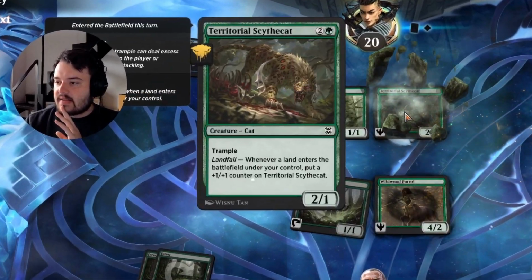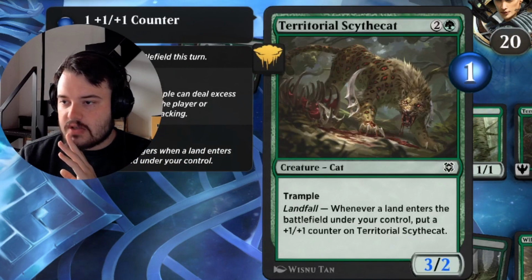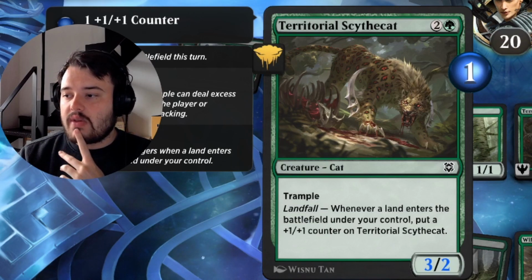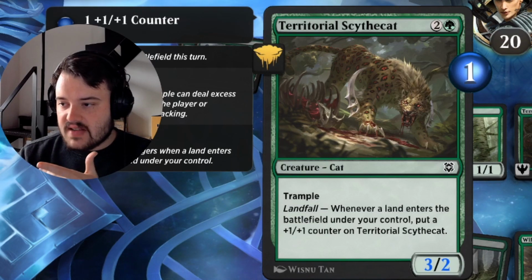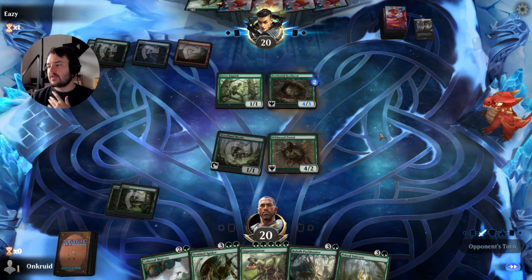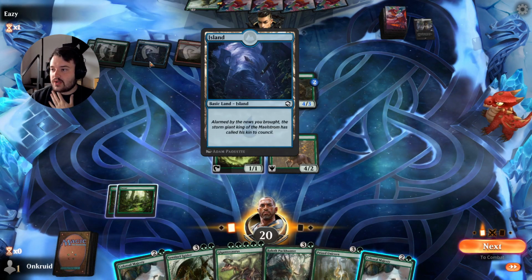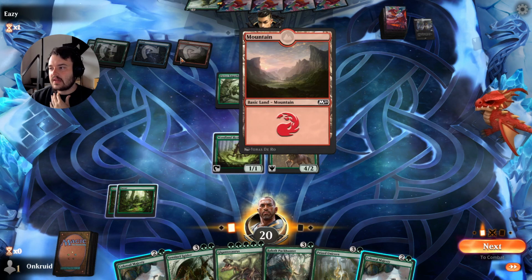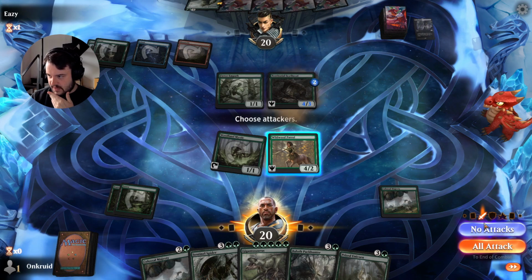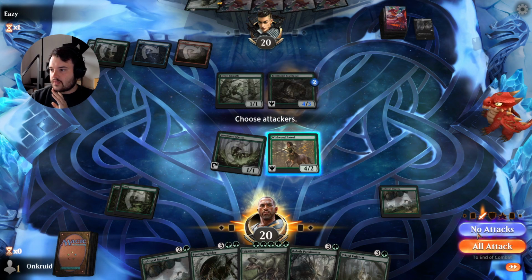Territorial Scythe Cat. Amazing artwork. It has blades sticking out of its paws. Landfall. All cards with landfall are really strong in my opinion. When he plays a land, he puts a 1/1 counter on the cat, and it also has trample. I feel like all cards with landfall are just quite insane. It's not even just green and blue, it's also red, which tells me that it might be kind of a dragon deck that we're facing up against, because I know that those guys often have all different kinds